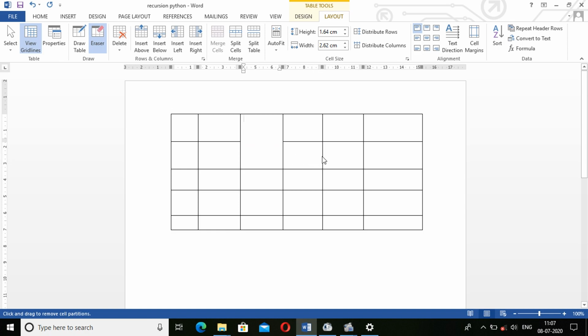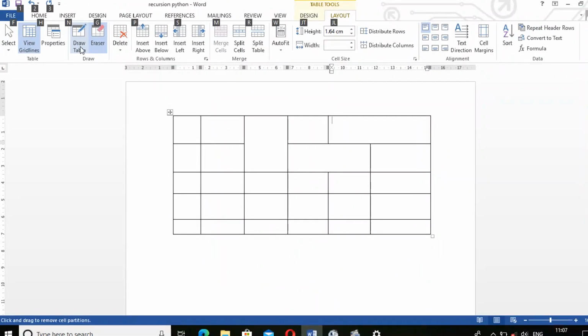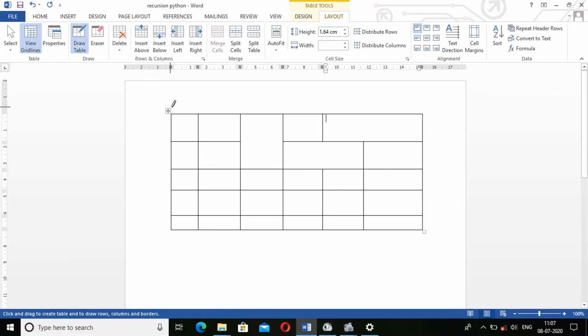Okay, suppose this line. Just click on that line, and the line is vanished. So this way I can do it. Even if you have deleted it by mistake, just go to Draw Table again. Here is the option Draw Table. Just click on that, and again you make the same line, like the way I am doing. Just click and draw the line. So it is done. This way I can do it.